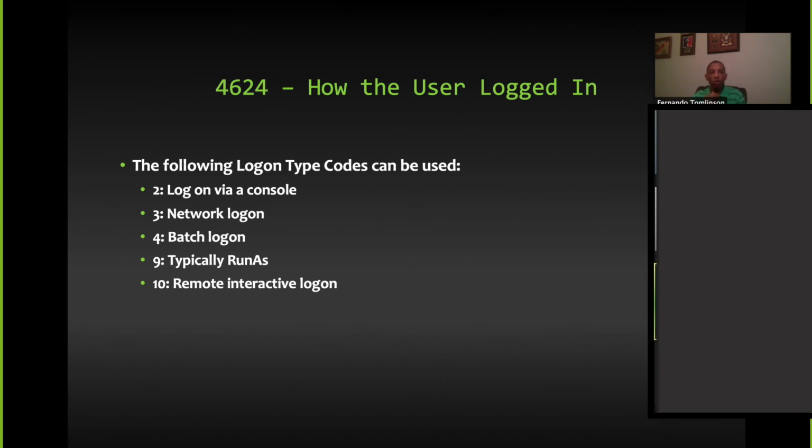If it was logon type 3, then guess what? This was like some drive mapping. You know, when you access a file share at work or you're accessing another machine through SMB or file services, well, that's going to be a network logon. If it's batch, well, this is typically dealing with scheduled tasks, run as, well, think of this as kind of somebody elevating. And lastly, 10 is going to be RDP. So again, it's good to know somebody logged in. It's much better to understand how they logged in so you can then really paint the story of how, when, where, all that other good stuff.